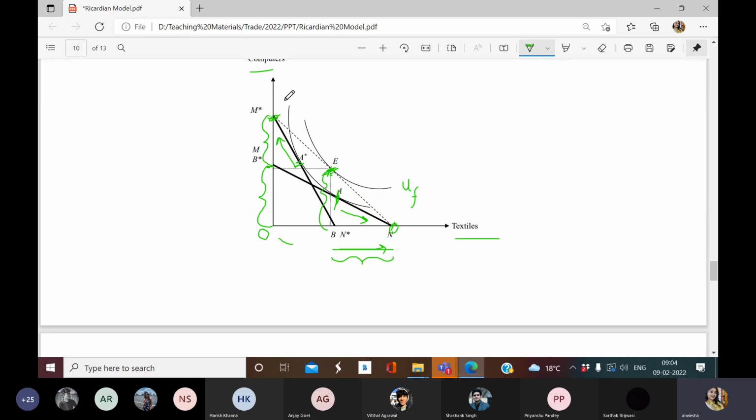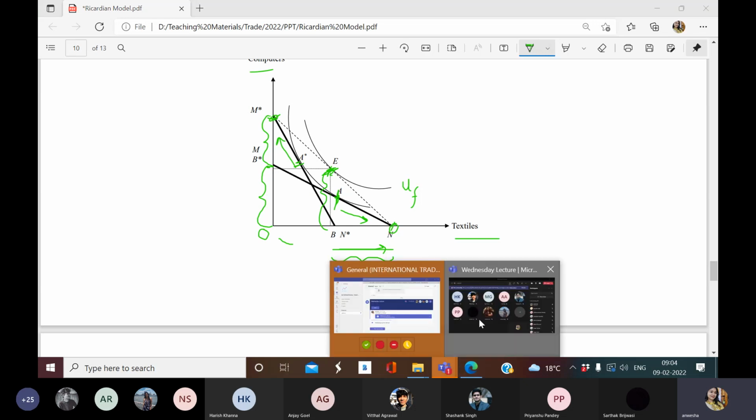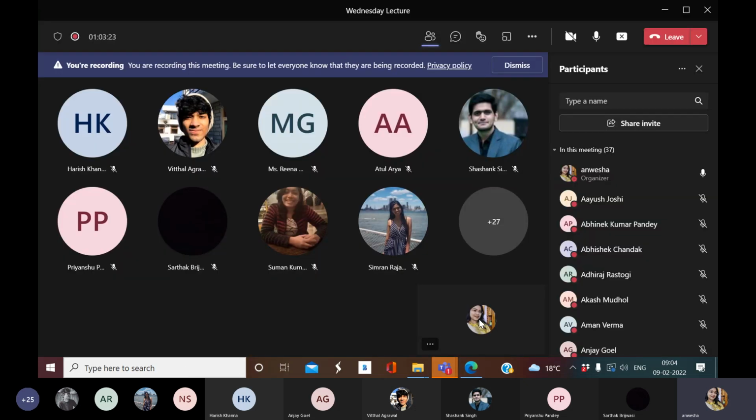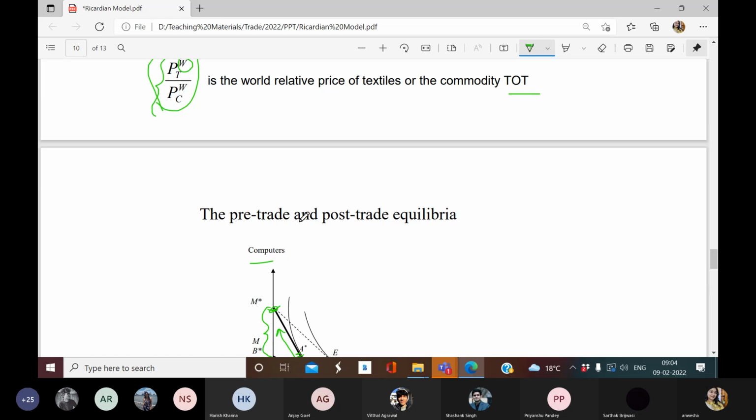Just the opposite for the foreign country. The foreign country is buying textile in exchange for the export, or sale, of computers. Okay, so is it clear how we are getting this complete specialization in the post-trade situation? So from there follows